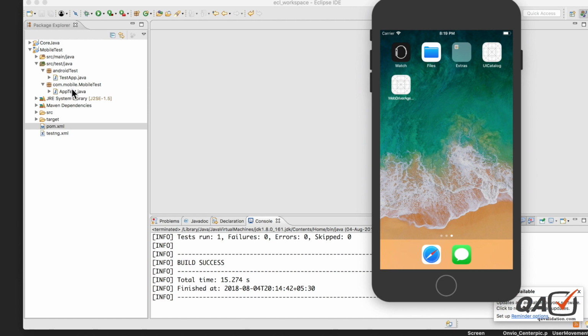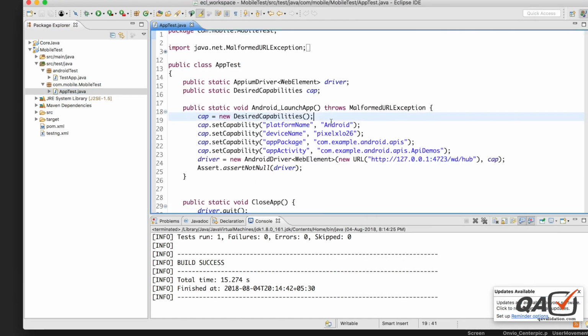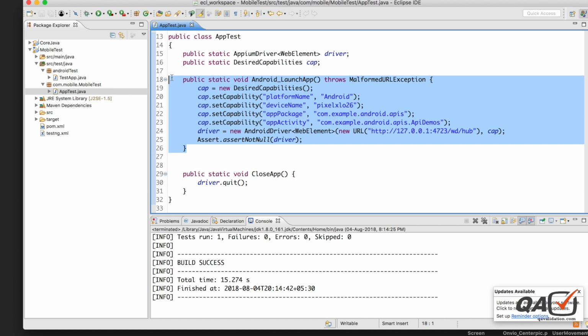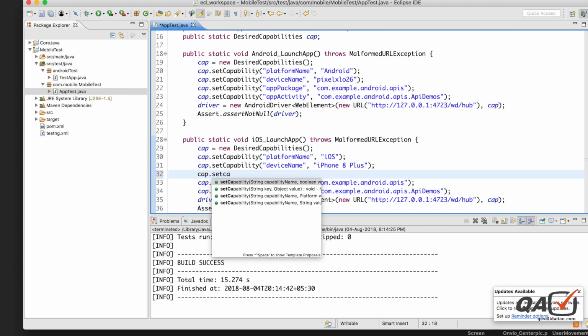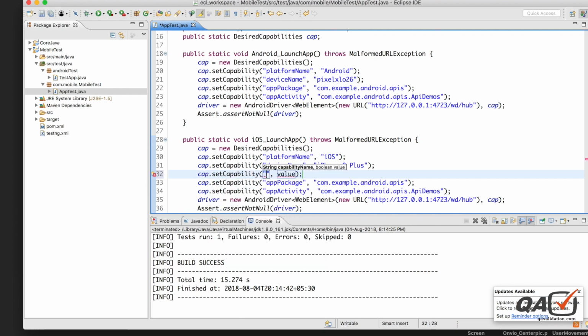Okay, so just go to your AppTest.java that we have mentioned, and here I'll copy paste this, and I'll edit it with respect to iOS. Fine. So let's just say for iOS, and here this should be iOS. Okay, iOS, and here the device is iPhone 8 Plus. Okay, and here what you need to do is capabilities.setCapability, and here you need to mention the platform version,